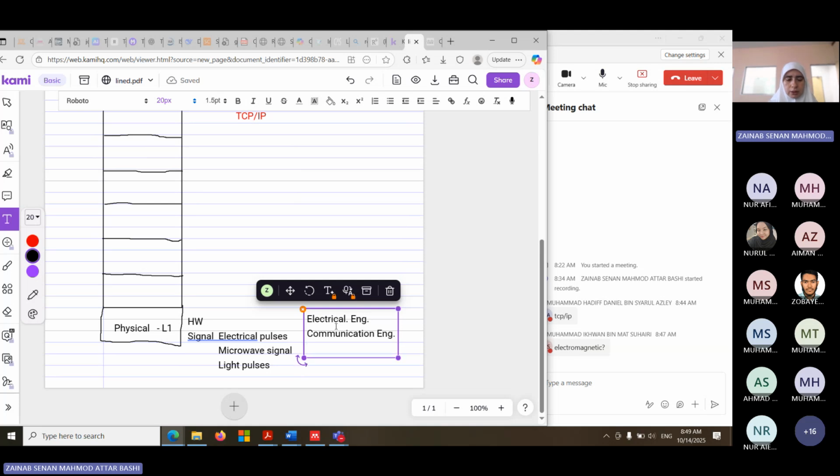Who else will be there? Electrical engineers, communication engineers. Who else? Some people who study what we call computer engineering. Computer engineers who study the hardware, they need to know all these details.